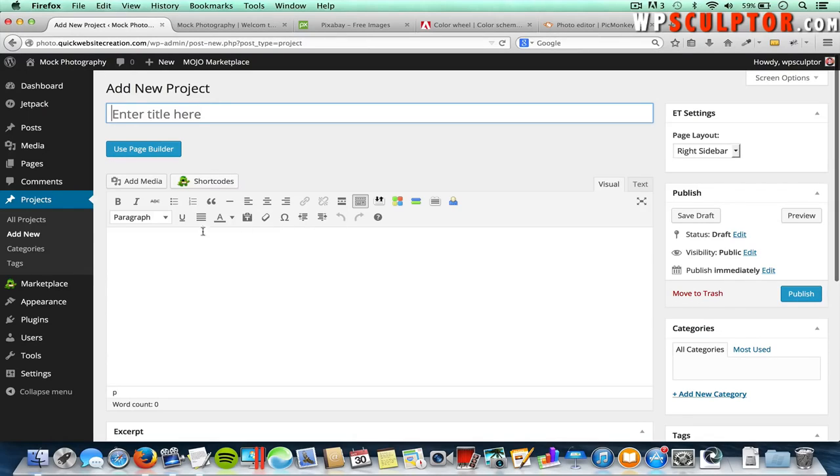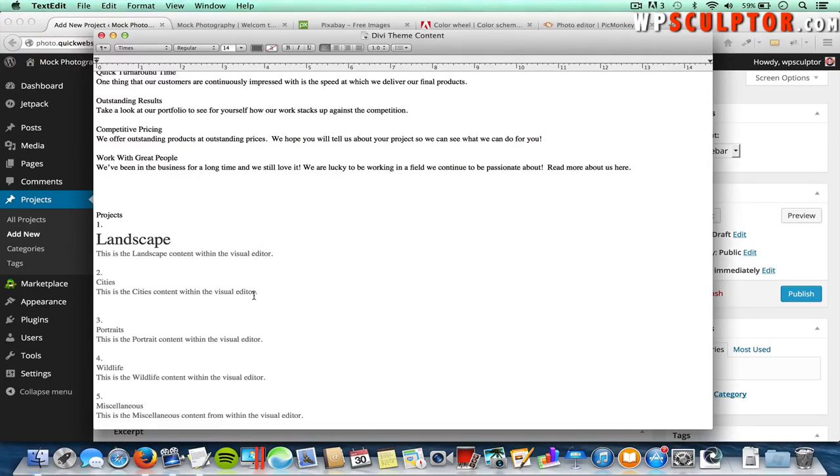However, I'm going to stick to the standard visual editor, and this is going to look much like our blog posts look. We'll have a content section with the sidebar, and of course the widgets that we've added to our sidebar will show up since we are not using the page builder. So I'm going to give this first project a title, call it Landscape,